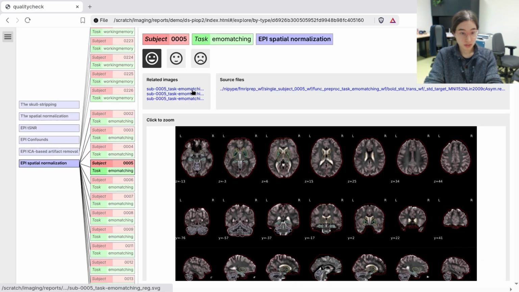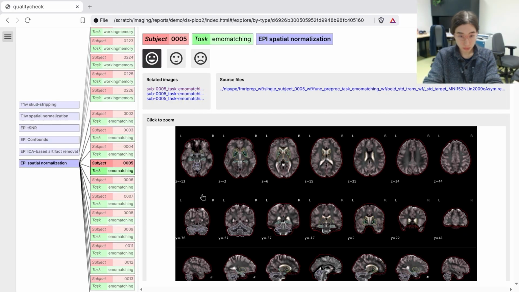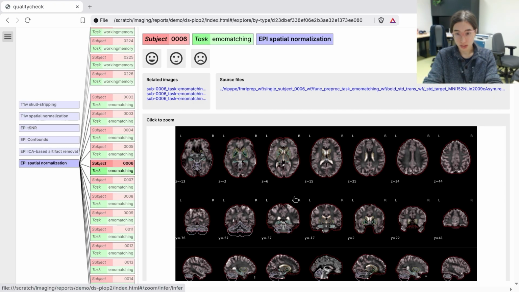And as always, there is the animation from fMRIPrep that we can always jump into to see things in more detail if we're uncertain. And I feel like those always are the best way. Ideally, we would look at those for every participant. But when we see a beautiful alignment like this, we don't need to look at it. We can save a bunch of time by just marking this one as good and going to the next one